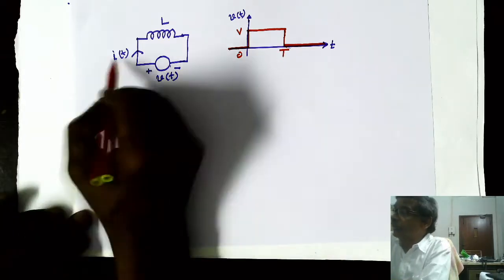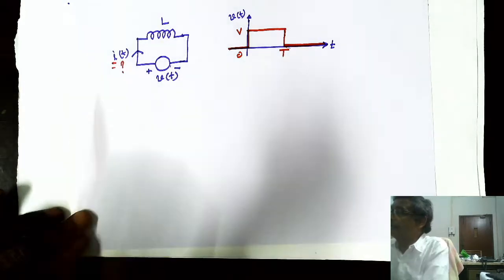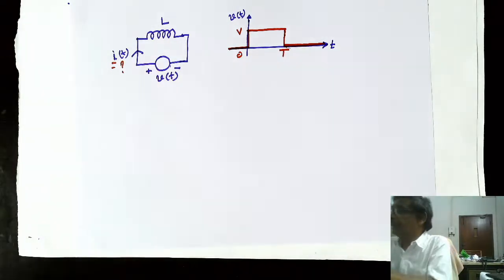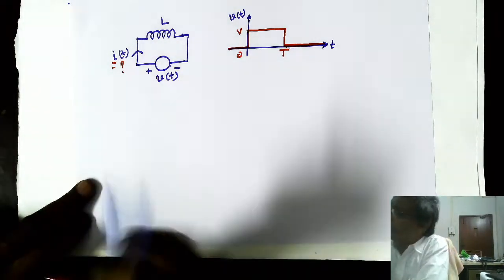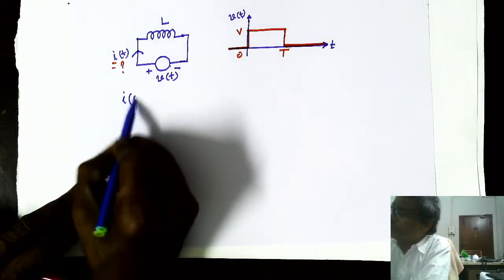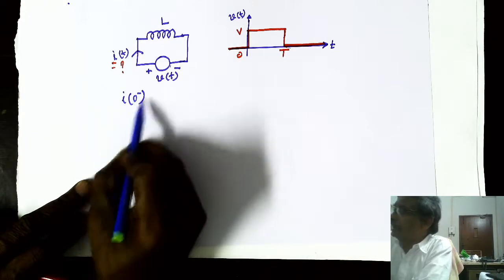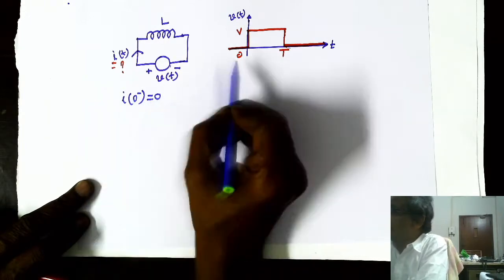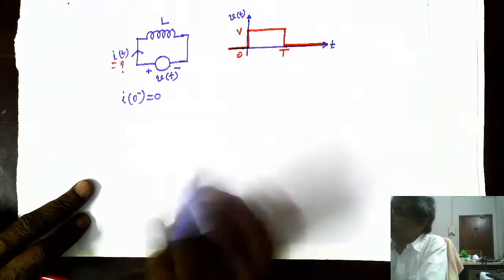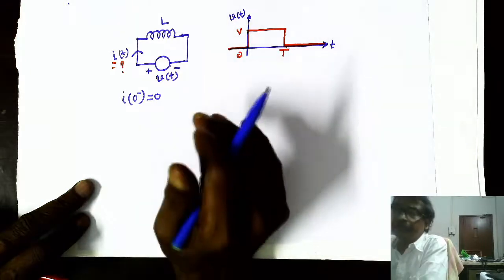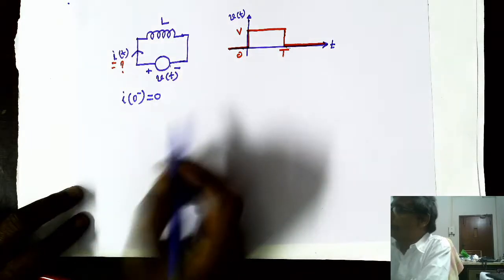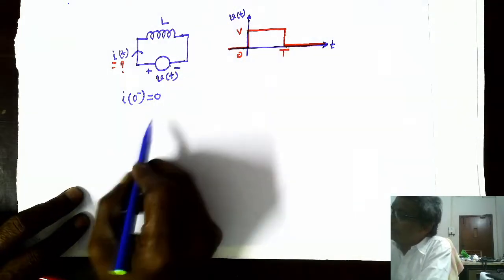We want to solve for the current. Okay. Therefore, this is the circuit. So let me draw once again. Say for t, and it is given that I0 minus was 0. What is I0 minus? This is t. Prior to that, current was 0. Suppose I tell you that, and you know the meaning of that. Now, if I0 minus is 0 and you apply a voltage like this, then I will say that